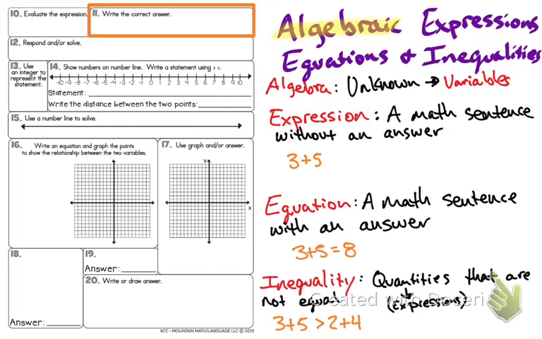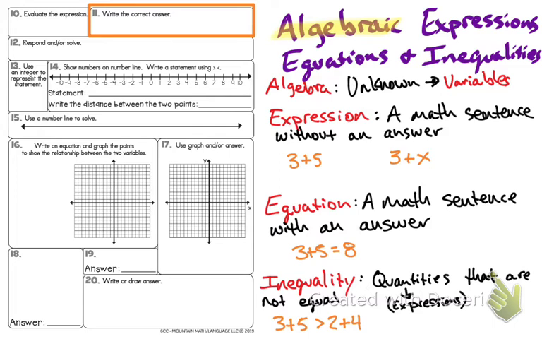So let's go back to our three vocabulary words, and let's look at what these might look like as algebraic expressions, equations, or inequalities. So I know that a math sentence without an answer is an expression. Well, our first example of 3 plus 5 might not have made a lot of sense because we know the answer to that. But when we look at an expression and we include algebra with that, if I had a different example that said 3 plus x,